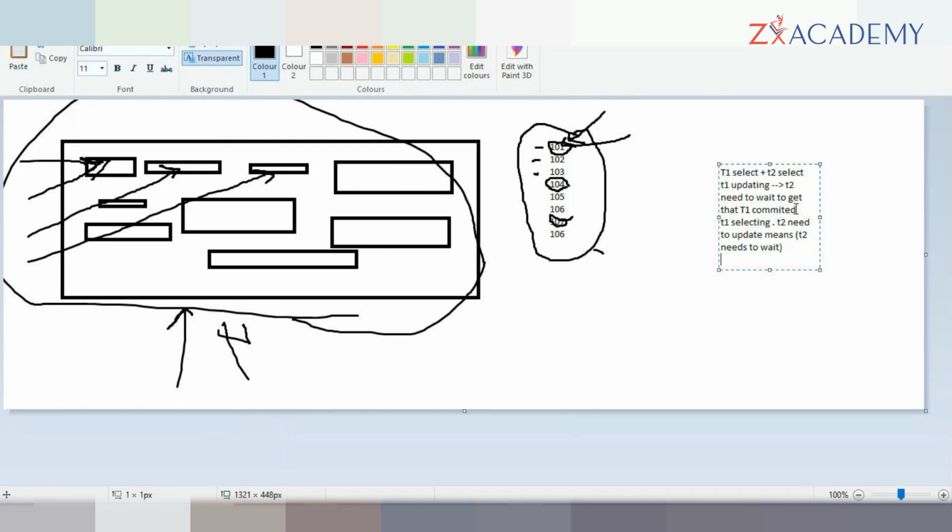If in case T1 and T2 are happening at the same time, same update query, you and me are hitting the same update query or any write query, insert, alter, anything. You and me both are writing a